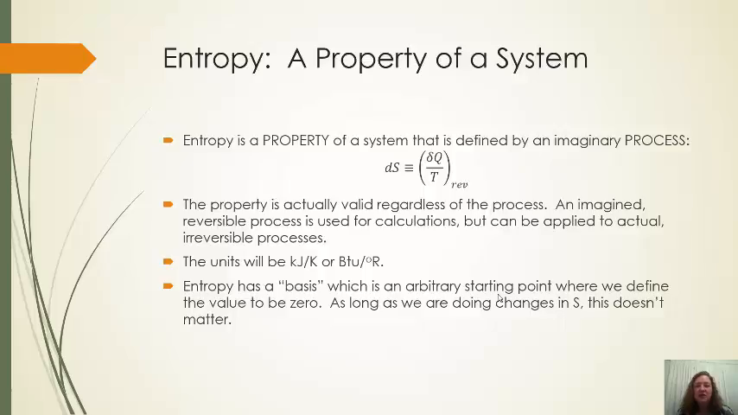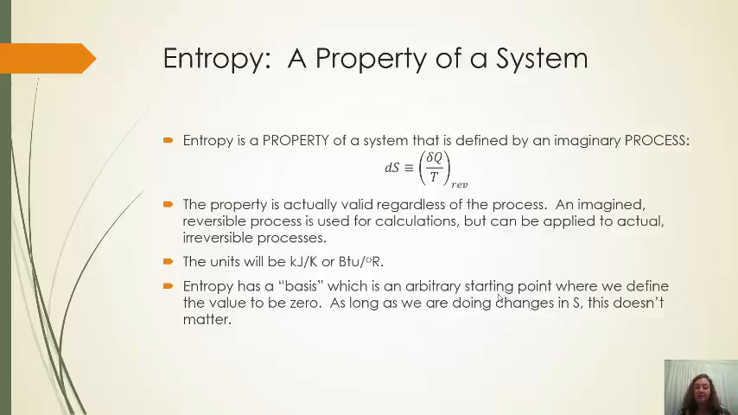And this brings us to introducing entropy, which is a property of the system. Okay? Entropy is defined to be the change in heat over temperature when I have a reversible process. But the really cool thing about this is that this is based on an imaginary reversible process, but this is a property. It is valid regardless of the process. So we're going to imagine a reversible process to do our math, and then we're going to use it for our real processes. The units here will be heat units divided by temperature units, so a kilojoule per Kelvin,